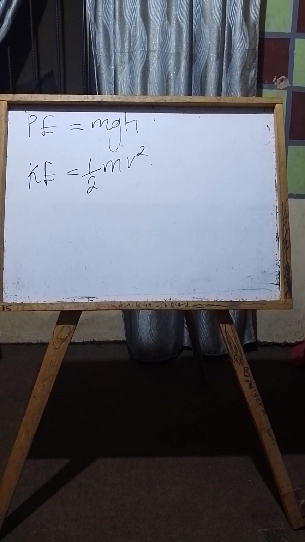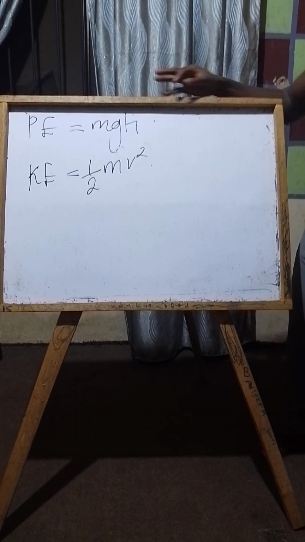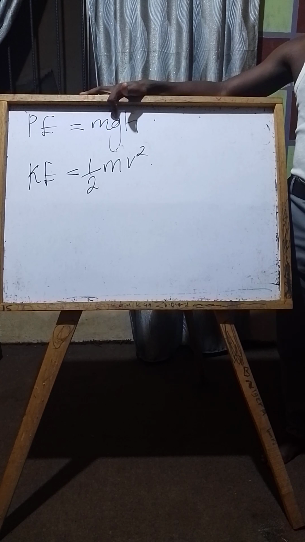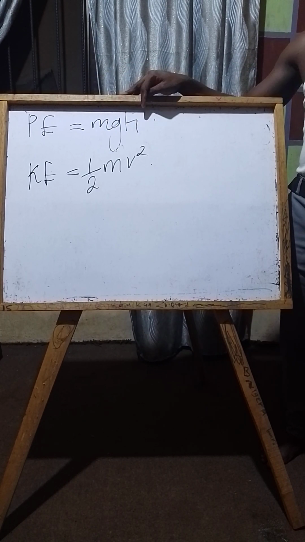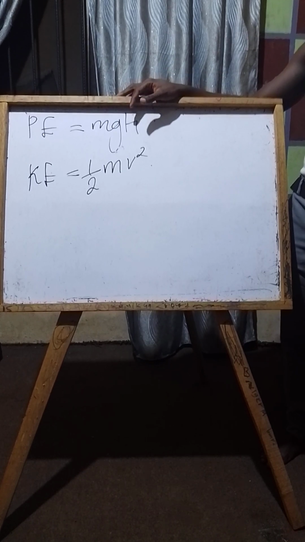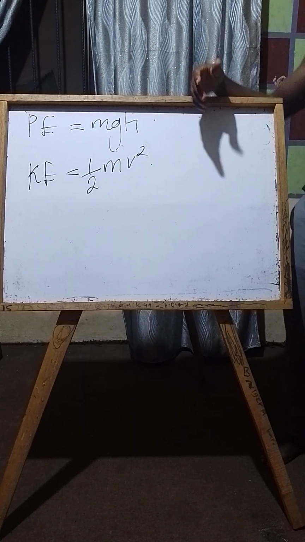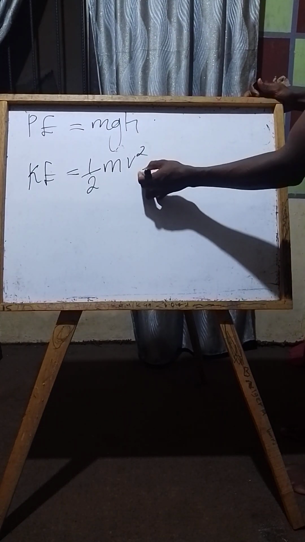You understand now? Now, I can write these formulas in a different way. We know that acceleration due to gravity is acceleration. I can write it as mgh. Sometimes it can be mah or mas. It is still energy. Is that clear? Therefore, kinetic energy here is half mv squared. We know what velocity is. Half mv squared can also be